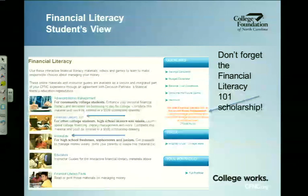We also have Money EDU, and that's geared towards high school students who are in 9th, 10th, and 11th grade, but there's no scholarships attached to that particular one. Only the Advanced Money Management and the Financial Literacy 101 have scholarships attached. The student must have a CFNC account and password in order to use the financial literacy course. They don't have to complete it all in one setting. They can answer as many questions as they can in one setting, save it, come back, it'll pick right up